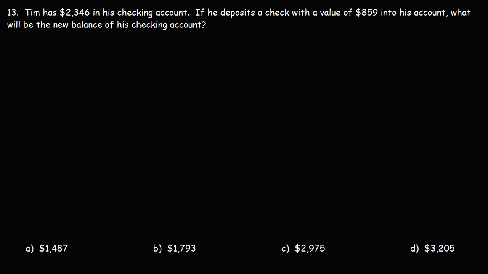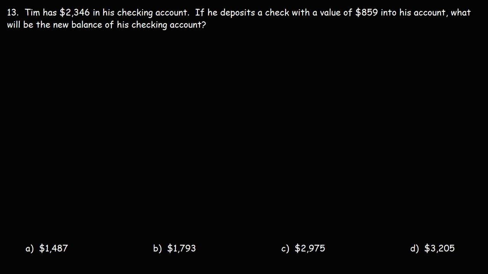Number 13. Tim has $2,346 in his checking account. If he deposits a check with a value of $859 into his account, what will be the new balance of his checking account? Now, whenever you make a deposit to your account, the value will increase, so you're dealing with